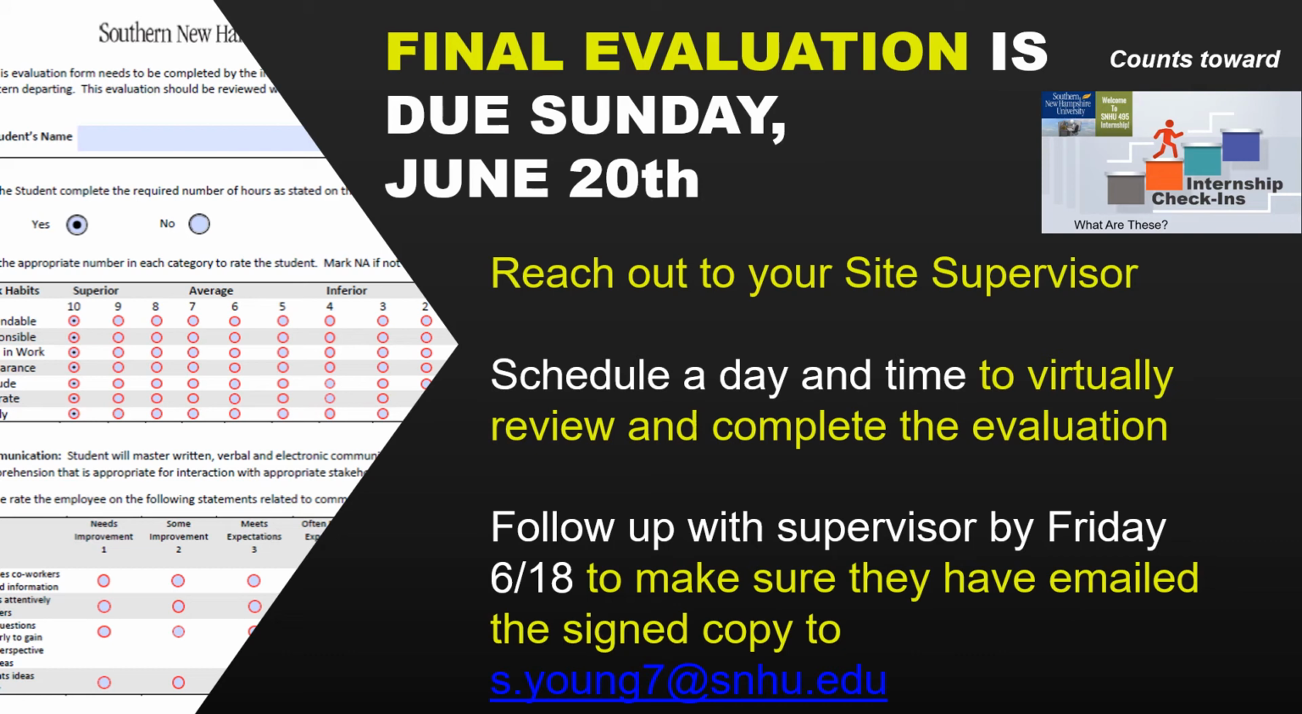Remember that your final evaluation counts twofold. So you get points for the final evaluation itself, but then you also get points for the internship check-ins. And I bring that up because if you have not received any feedback from me as of yet from your host site supervisor, that means that your host site supervisor has not provided any feedback, which goes to those internship check-in points, which I think is a maximum of 100. So you really want to